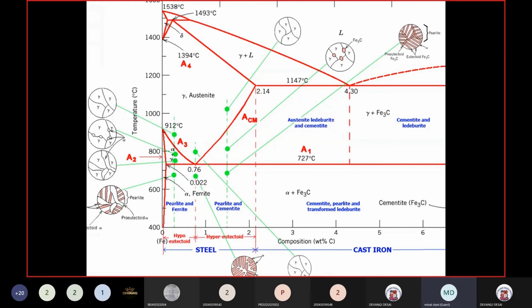So in annealing we are heating for EN8 steel. मैं एक एग्जाम्पल आप लोग को दे रही हूँ. You have to heat above 880 degrees Celsius. You have to soak, that is holding at that temperature. You have to soak your steel at that temperature and then do a slow rate of cooling. That is your furnace cooling.